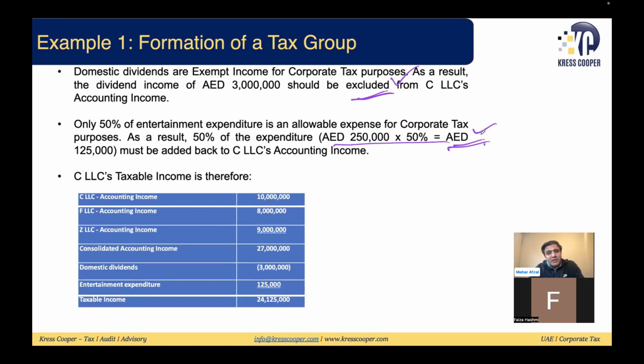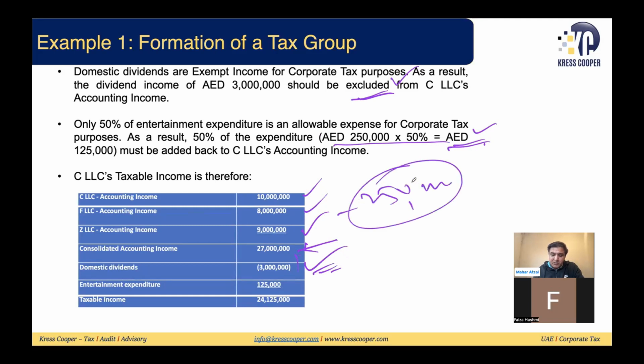Then what they did: the taxable income is basically accounting income, and this accounting income is a total of 27 million. Out of this 27 million, it includes a dividend of 3 million, so it has been eliminated, 3 million has been eliminated. In this accounting income, we have already deducted 250,000 entertainment expenses, but we are allowed only 50%, so 50% will be added back. Your taxable income is